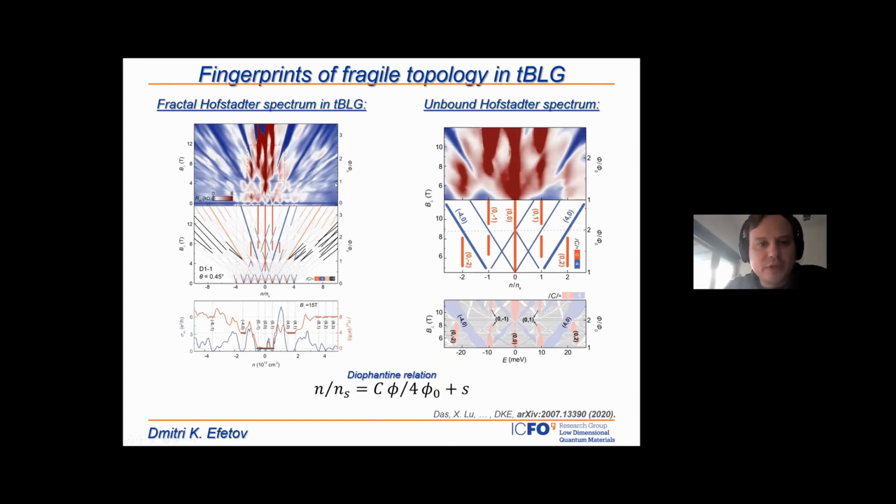So we have all the conditions in place to observe the Hofstadter spectrum. If we look at this typical Hofstadter spectrum, we can see that at high fields we see well quantized conductance regions, which are developing in a non-monotonic way, just as was shown previously in the Hofstadter spectrum